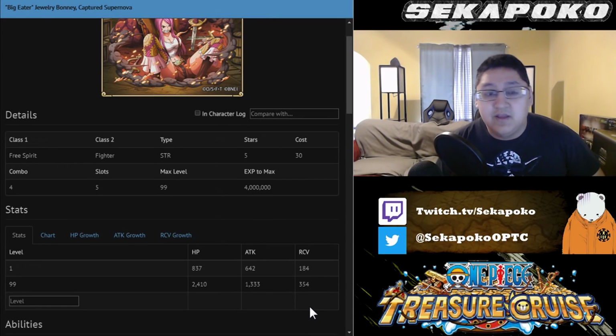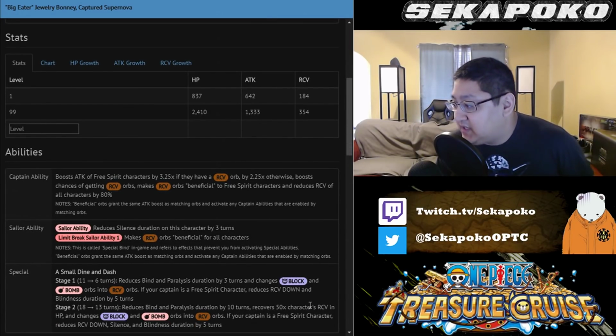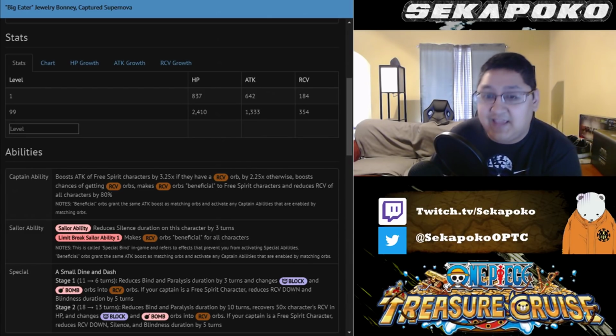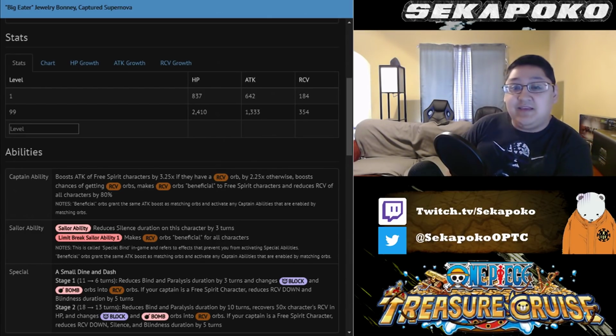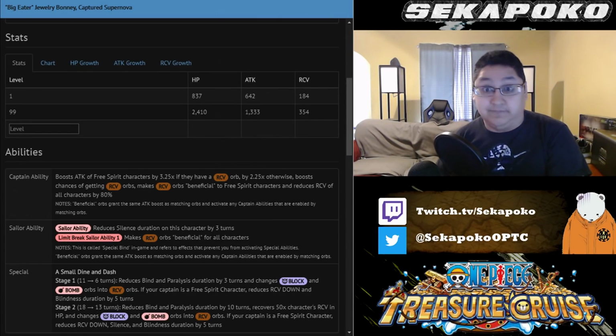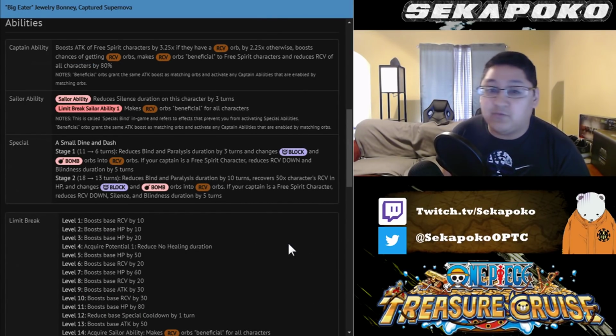434 recovery. And the reason that's important is because her special ability scales off recovery, and it's going to heal for 50 times character's recovery, which puts you at 26,700 healing at max limit break and candies. So that's a pretty big heal to have on your team. I'd definitely say it's worth getting recovery candies on this character. 100%. That's awesome. Limit break sailor ability is going to make recovery orbs beneficial for all characters, which is really